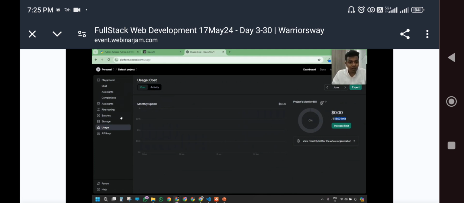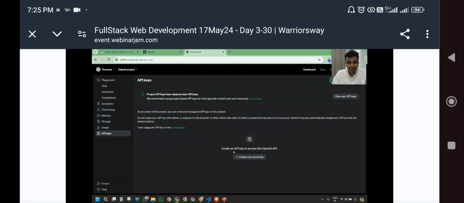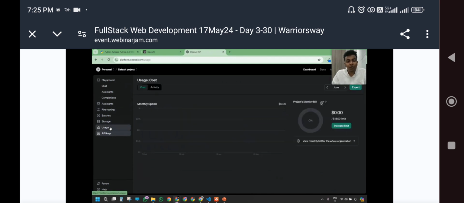So you can go to the storage and check that out, and you can even go to this API and check whether the API is available. This is how you can check it. And activity is empty. So this is your first page. You should create an account, that Gmail also needs to be new, and your phone number also should be new, so that you'll get a $5 credit. Once you have got the $5 credit, you can start using the APIs.